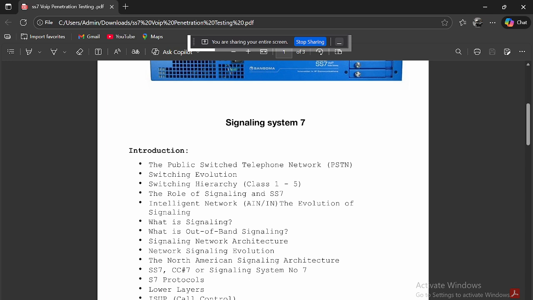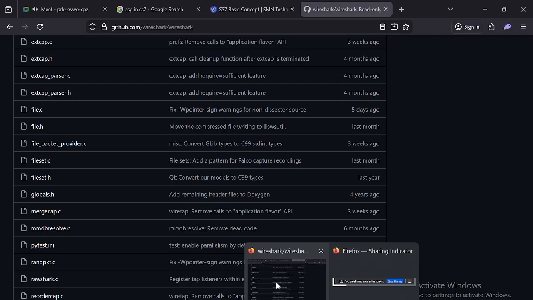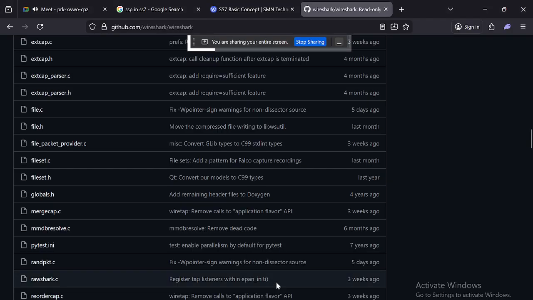So number 6 is, what is out of band signaling? The out of band signaling is the solution to the problem with the old networks' in-band signaling.